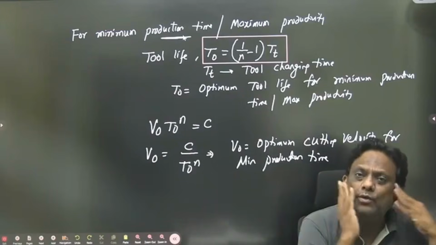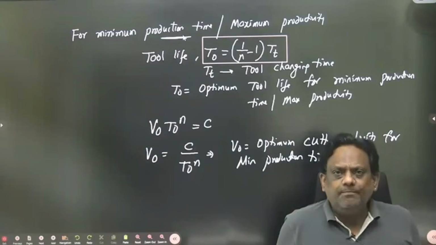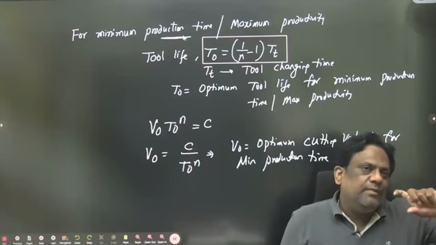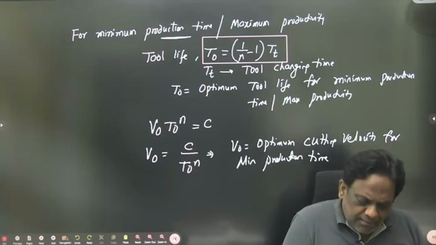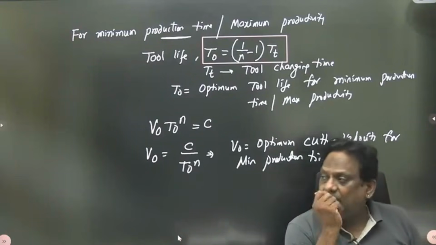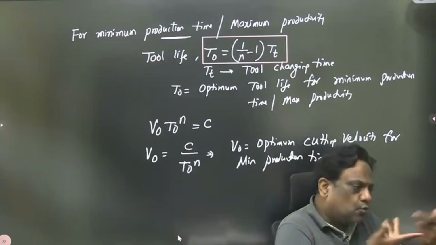That's why I am taking two different cases. आपको जो केस चाहिए, if you want minimum cost of production, go for second case. If you want minimum time of production, go for first case. Suppose the demand is very high in the market, means in less time you have to manufacture more components. You go for that case.